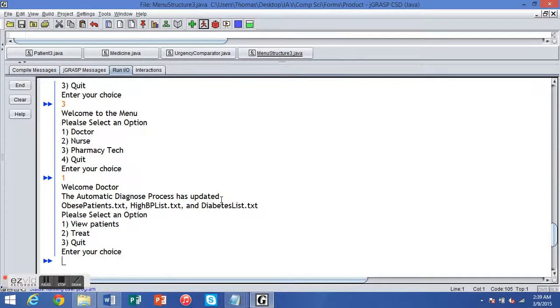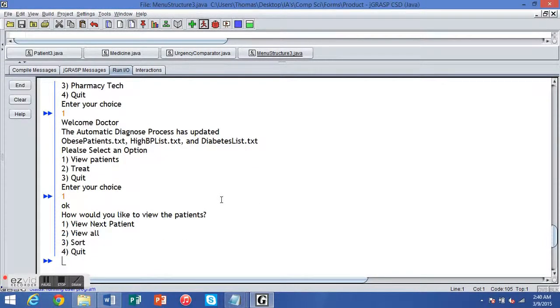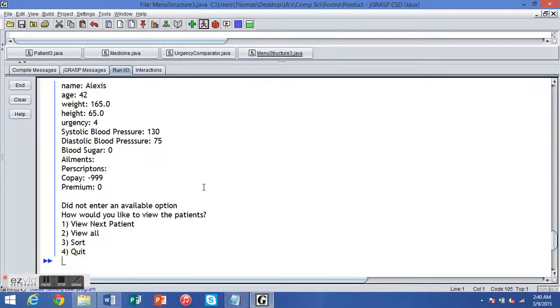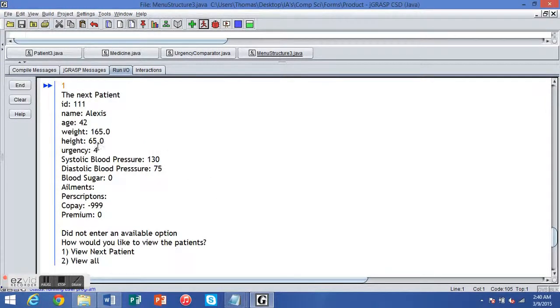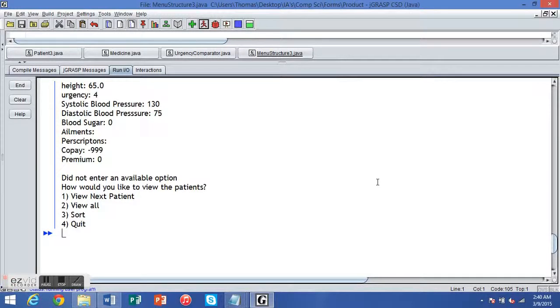So now the doctor has an option to view patients. He can view the next patient, which is the patient at the top of the priority queue, which again is based off of how urgent their care is. Alexis is having a heart attack, so her urgency is 4, the highest possible value, and she's at the front of the queue. So it prints out all of her values,